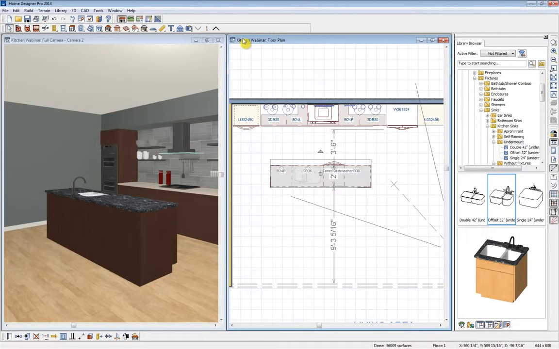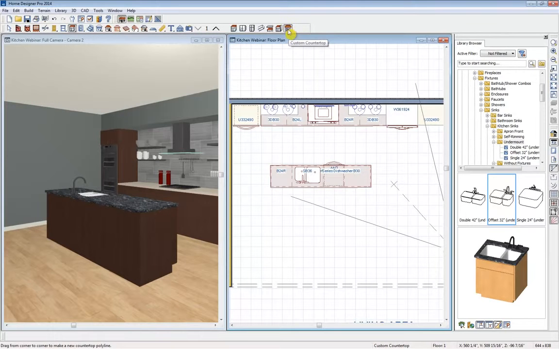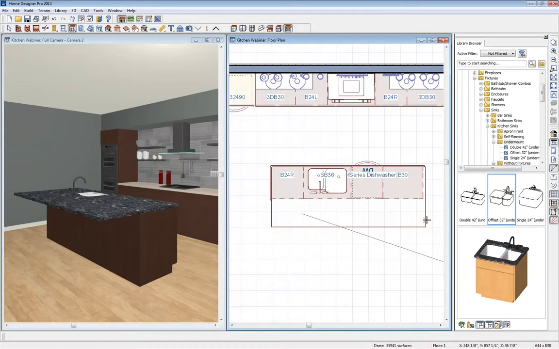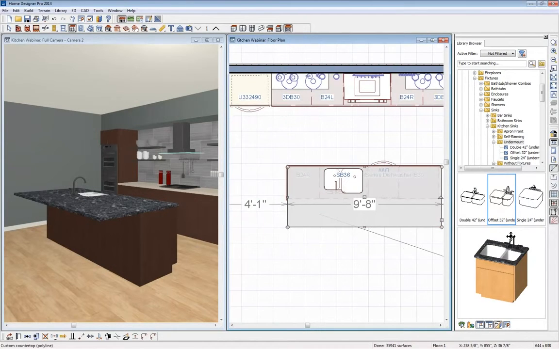I'm going to create a custom countertop with a little overhang so we can do that bar seating area. So back into our cabinet tool, we'll find our custom countertop. And as I said earlier, this is in Home Designer Architectural and Home Designer Pro. And I'm going to zoom in here so we can just click and drag this out. And we can also manipulate this a little bit. So I'm going to move this out and over